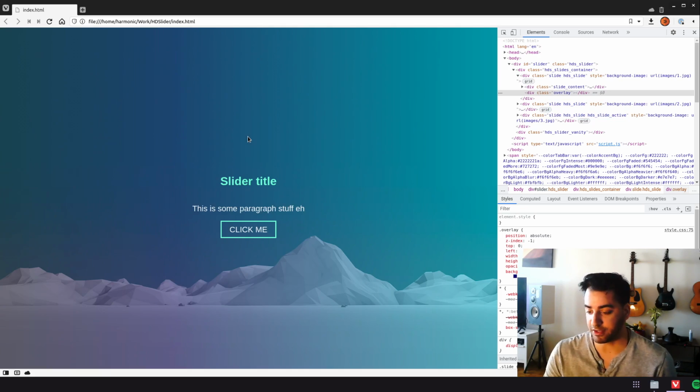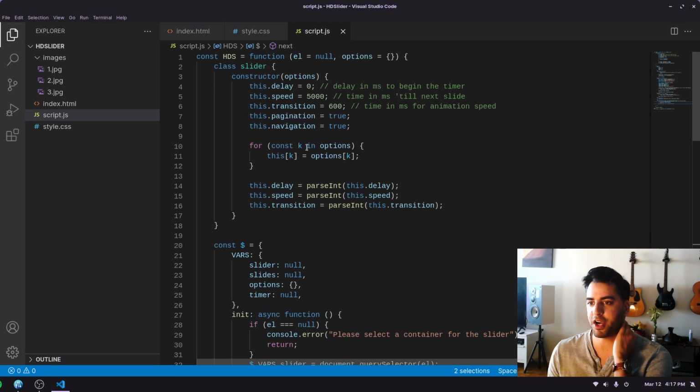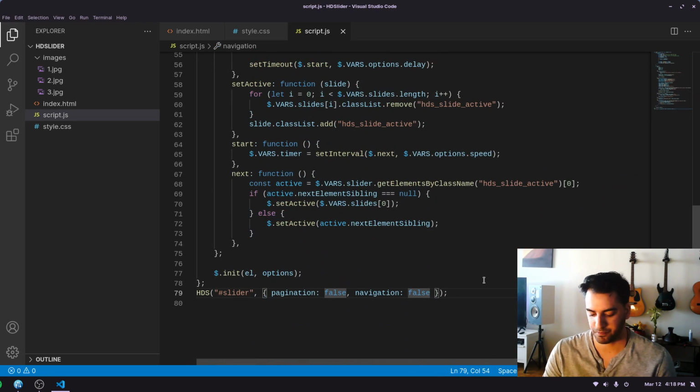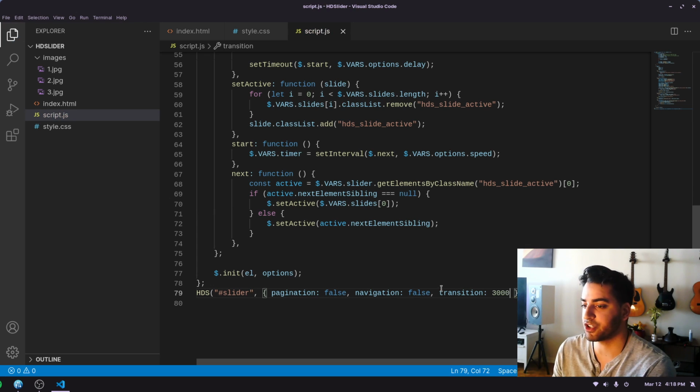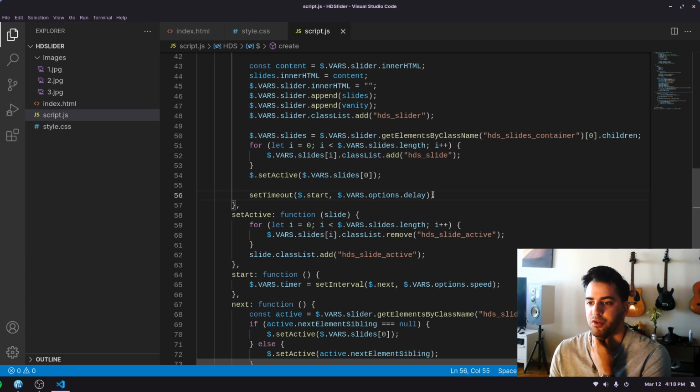But we're not done yet, because if you recall, we actually wanted the transition speed to be updatable. So for instance, let's set it to 1,000. Let's set it to something larger, like 3,000, to make it really obvious. Right now, it's not actually using this. So we need to make it something that can be used. Probably in our create function,